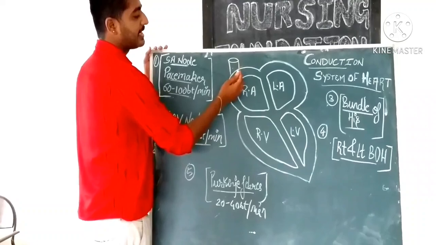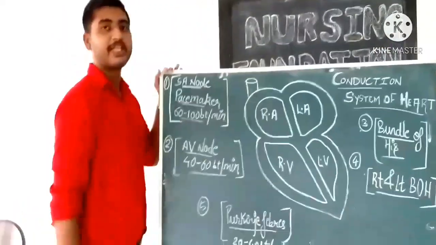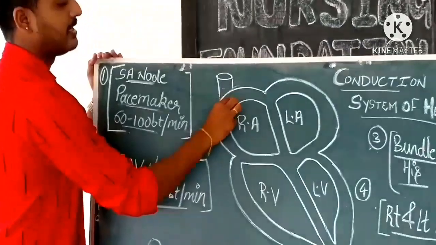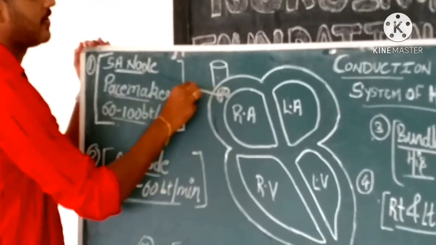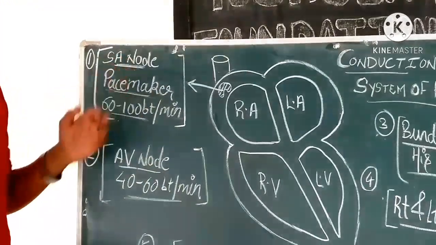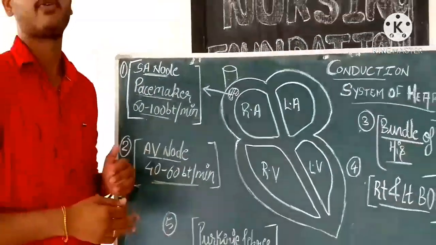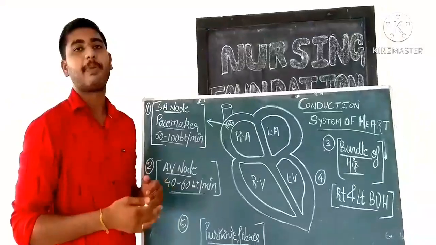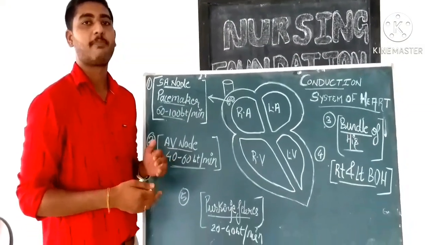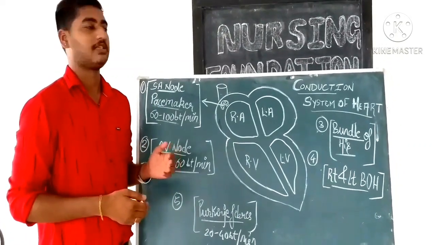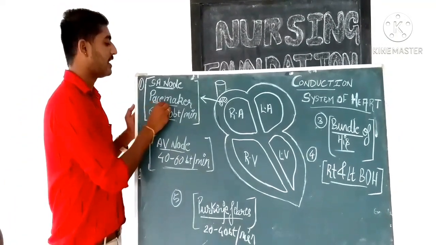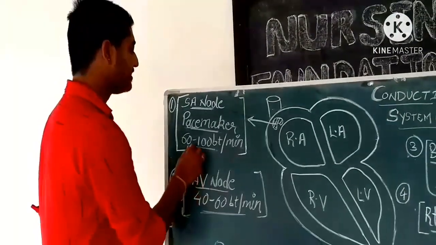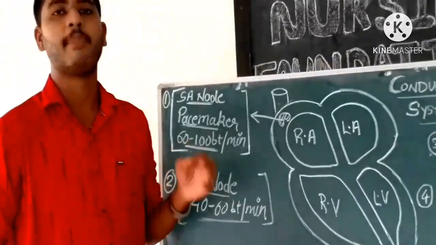At the top of the right atrium and just below the superior vena cava, we have a horseshoe shaped structure, and it is called as the SA node. And this SA node is made up of specialized myocardial cells, and it has got the ability or the capacity to auto-generate the action potential or the electrical impulses. Okay, this is also called as the pacemaker of the heart, and it maintains the rhythm of heart at 60 to 100 beats per minute.